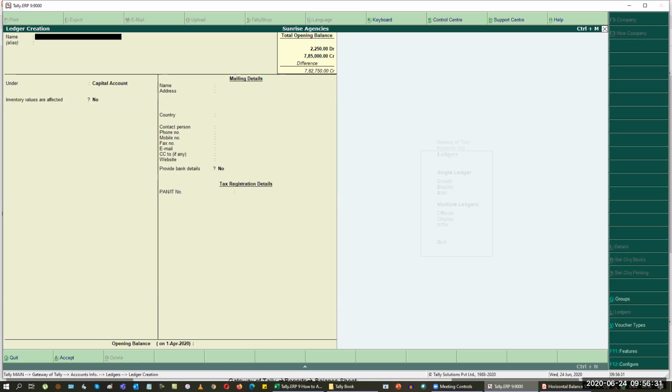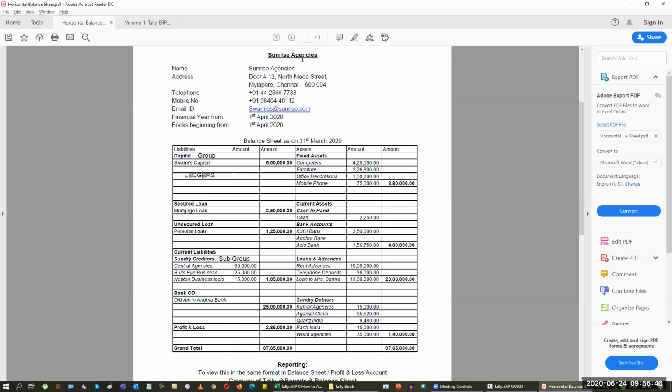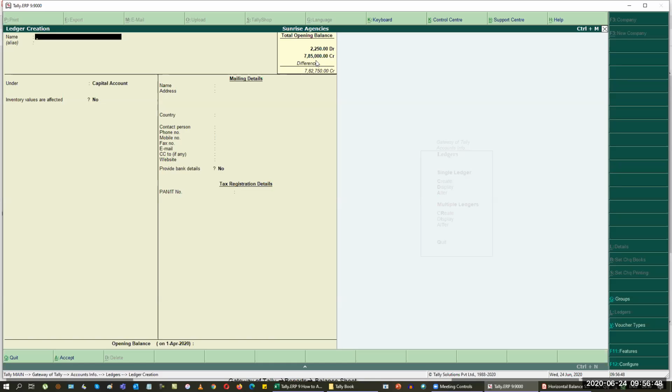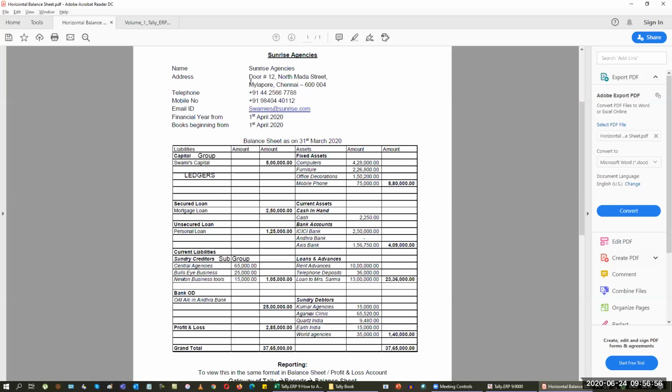As I feed the value, my balance sheet total appears on the right hand side of my list here. You can see that there is a line here. This is where the data will be fed. Once you complete your balance sheet, you can see that the total will be 37,65,000 in here. And once you feed the asset sides, then that will match here. There will not be any difference once you have fed all the ledgers in here. So we're going to feed all of them.